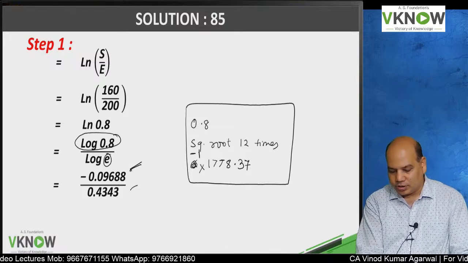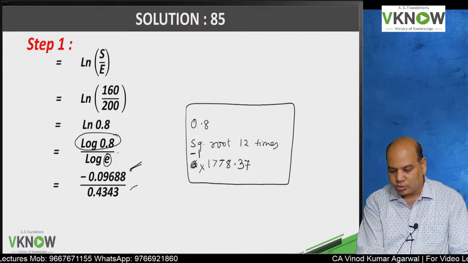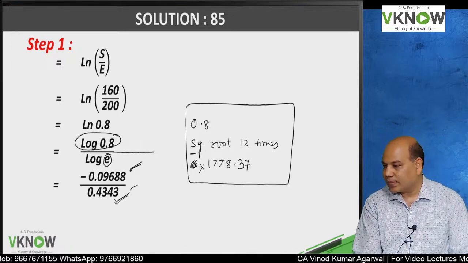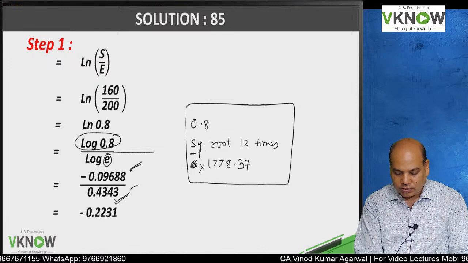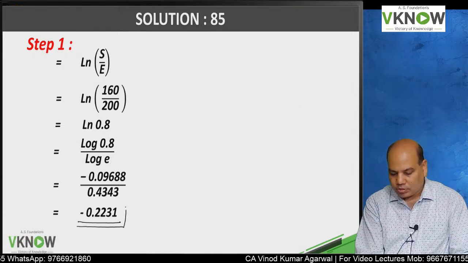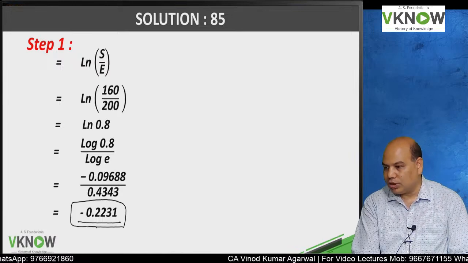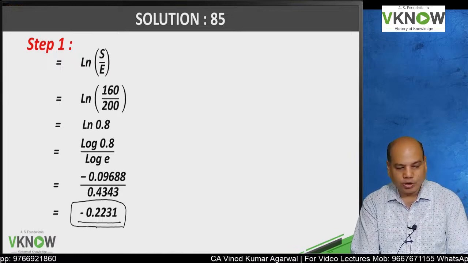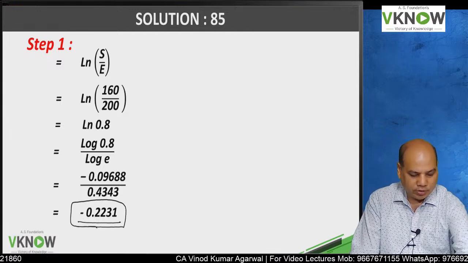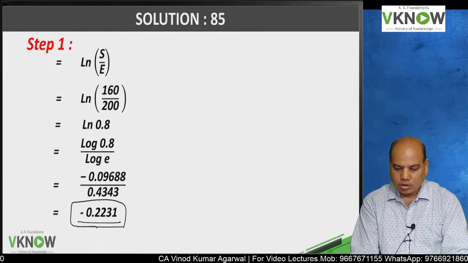And you try the same thing for this log E. Log E means 2.718. You will get this answer. So what is the final answer now? Please write it down. Minus 0.2231. Now we'll come to